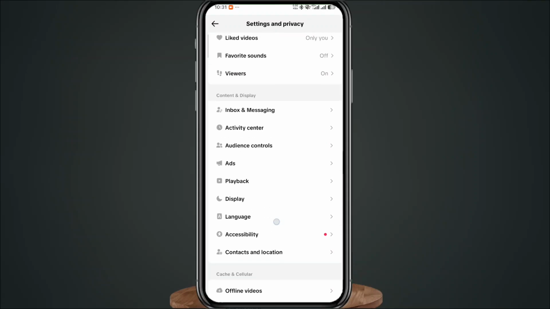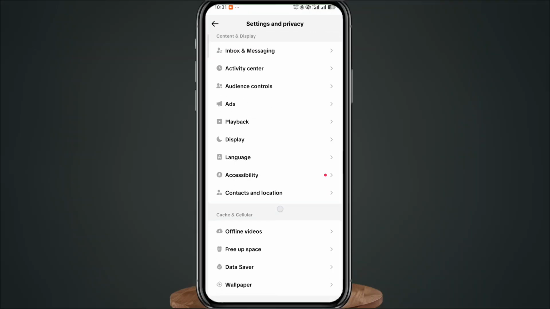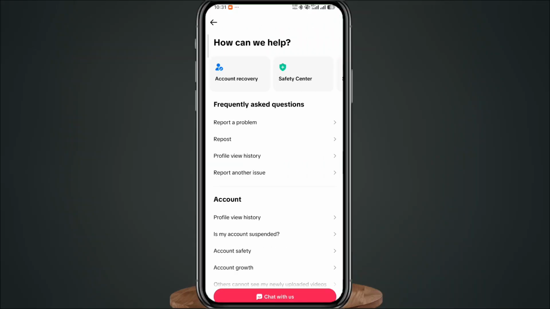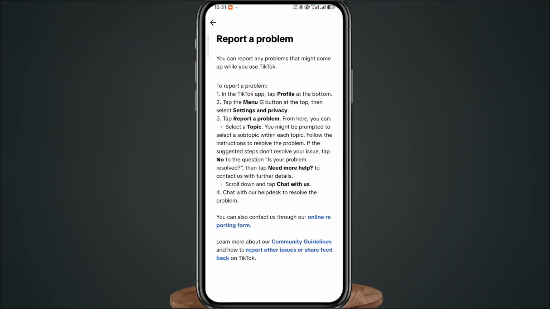It can be tricky sometimes, so we need to narrow down the problem that we have for the support team. Within settings, tap on help center first right here, and then here you might find many places to report a problem. As you can see, this is the frequently asked questions, report a problem right under it. You can get lost basically here, but it's not where we need to go right now. As you can see, you can find out how to report a problem here, or you can just follow along with me. Let me go ahead and go back from here,